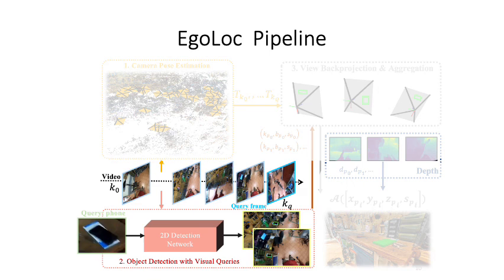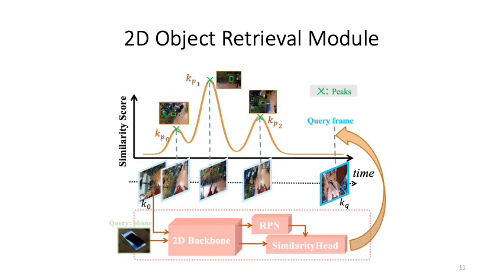In the detection module, we run the 2D detection network used in the VQ2D training on the same data to obtain object proposals with similarity scores for all the frames, and most importantly, the query frames that we need to predict the 3D displacement for. The detection Siamese architecture gives different proposals with different similarity scores. We pick the peaks temporally based on some threshold, resulting in multiple 2D boxes with scores spread across the video frames.